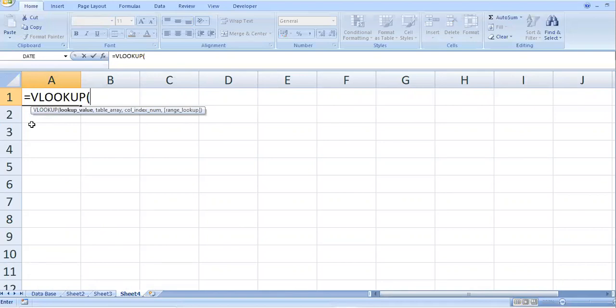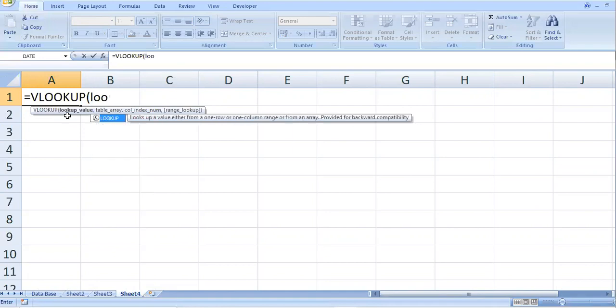Now, what are the criteria or arguments Excel will ask? You can see here the highlighted cell. The first argument is lookup value. Excel is asking you what should be the lookup value.